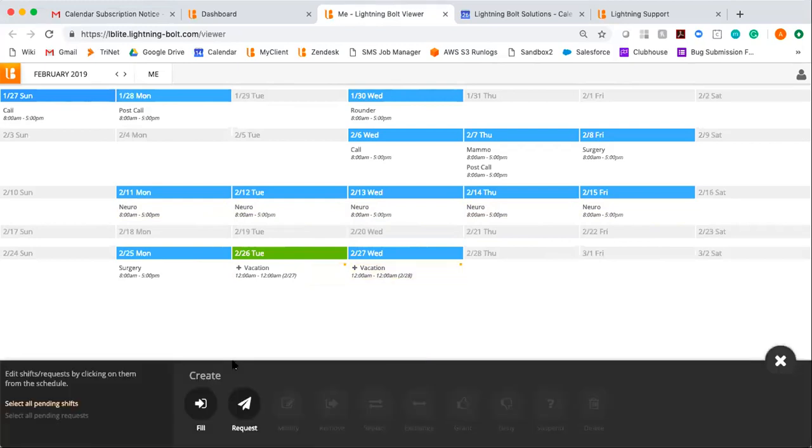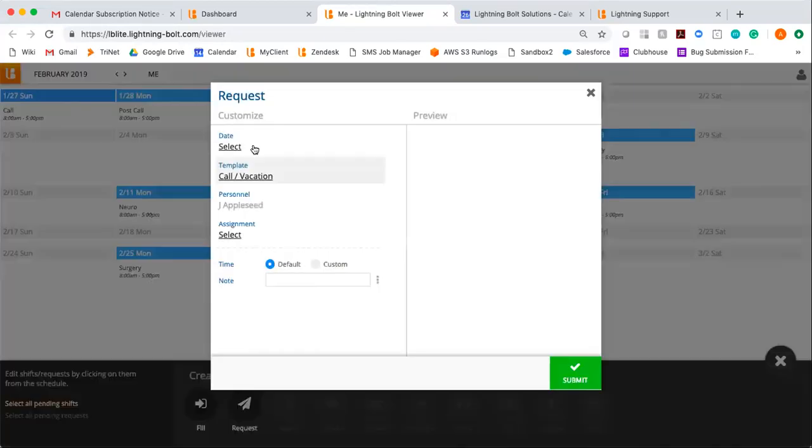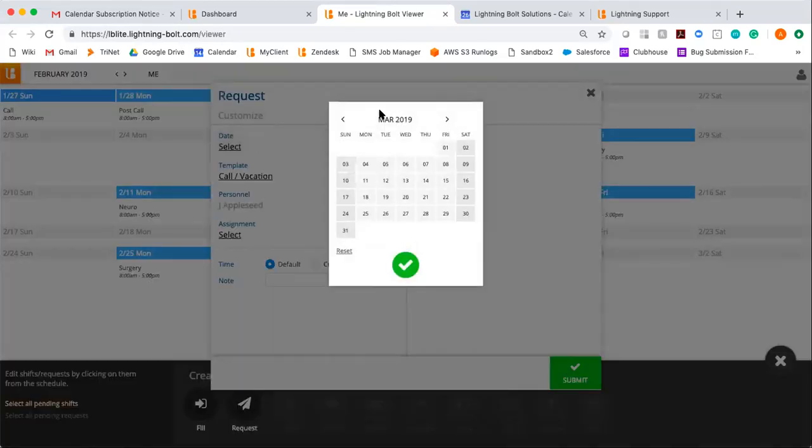The other distinction is going to be for the request tool. And the request tool is the exact opposite. So instead of updating a schedule that is published, we're going to be able to submit requests for a future scheduled date. So if I grab request and I go to our date here, we'll see that the first date